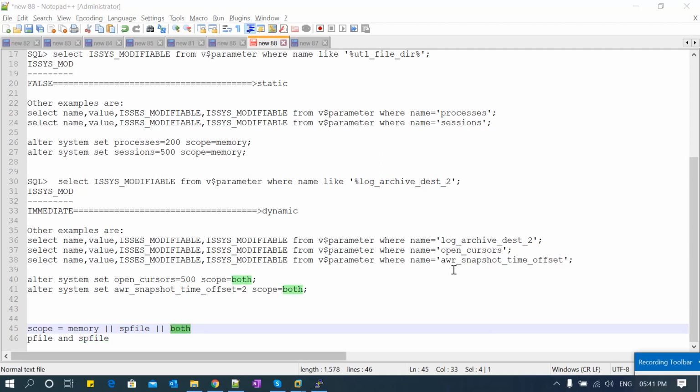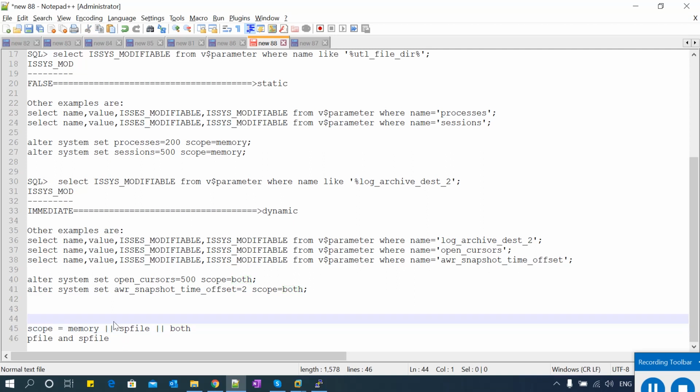Both means whatever changes you do, whatever the new value, it will take effect immediately for the current running database, and it's also persistent after the database reboot. I request everyone to go back to my other video about this scope, p file and sp file, explained very well.